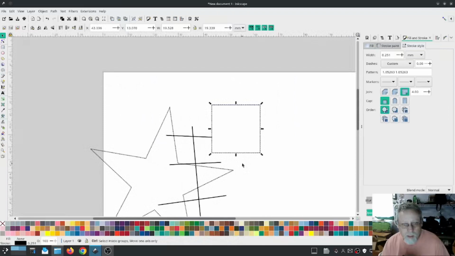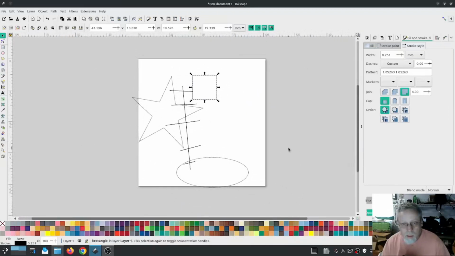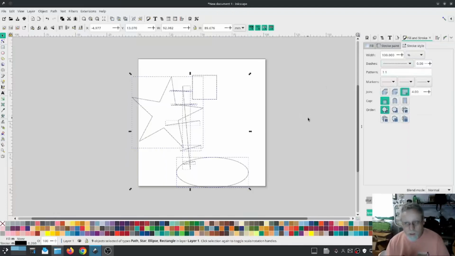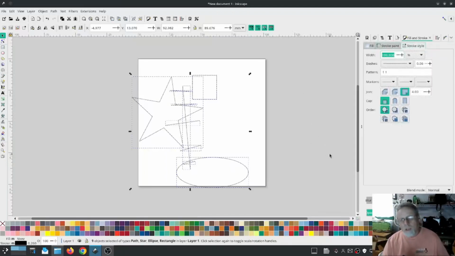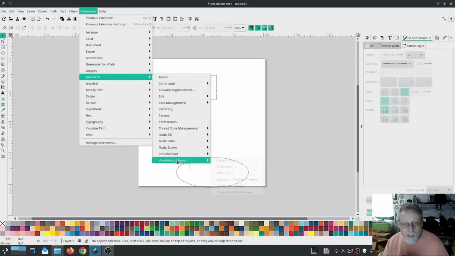So all of these are, I don't know why, but they're all defaulting to a nice little, looks like running stitch actually, but we're gonna go ahead and do that. So now they're all dashes and they're all running stitches, and there shouldn't be any fill. Yeah, we're good there. So these are all running stitches, and if I preview that just like it is, there's